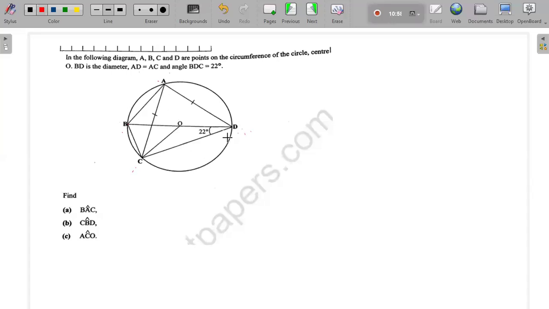So meaning the angle here is 22 degrees, which is that 22 there. So we see this is a cyclic quadrilateral, A, B, C, D, because it has four sides, like that, and they're touching the circumference. Okay, so the first one, they're telling us to find the angle